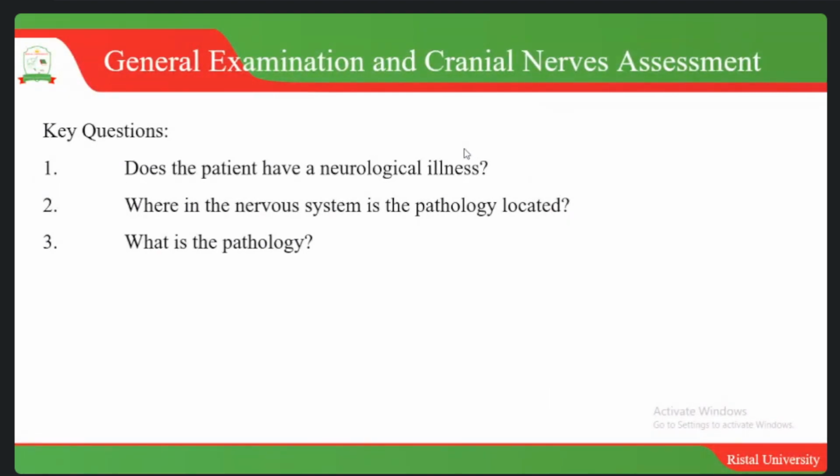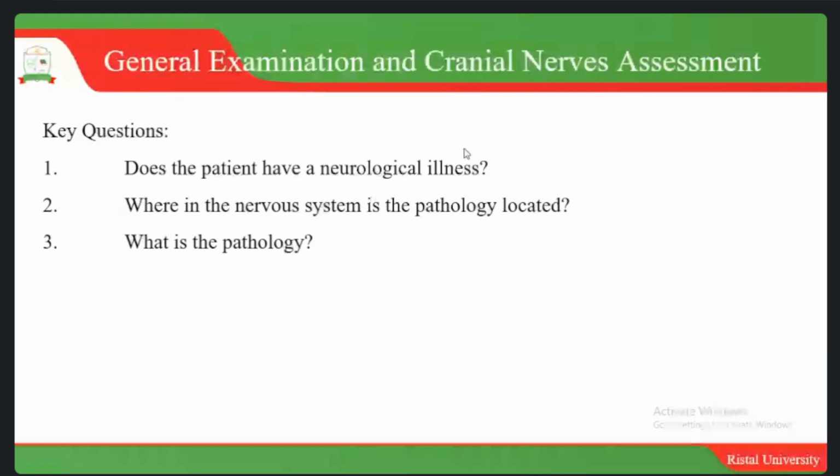And then the other is, where in the nervous system is the pathology located? So you need to know where in the nervous system this pathology is located, so that you can assess and concentrate on the area which you have identified where the pathology is. And then also, what is the pathology? What is the problem of the patient? And what is the kind of infection in the nervous system in relation to where the patient has actually explained